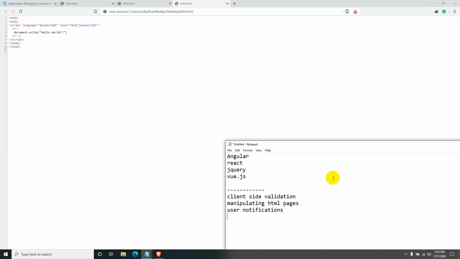And also for presentations, JavaScript provides the facility of creating presentations, which gives a website look and feel. And the more recent implementation of JavaScript is to do server side work with the help of Node.js, where the Node.js runtime will be running on the server, which will interpret the scripts we write in JavaScript, so that JavaScript will be executing on the server side, and that output will be sent back to the client browser.